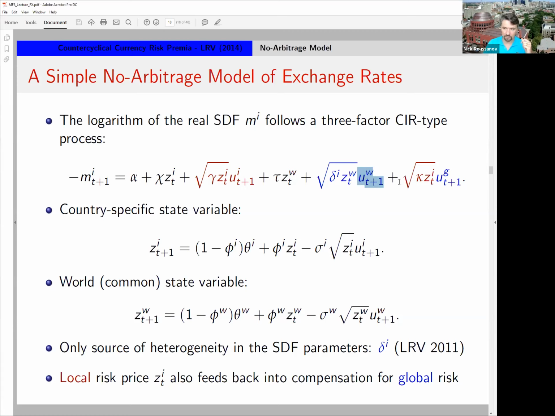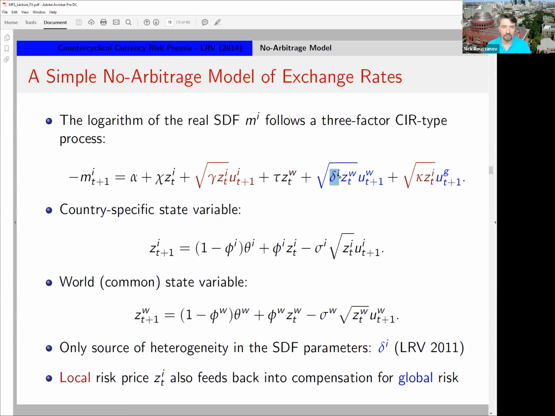But it turns out that not only do you need one global innovation, a global shock in the stochastic discount factor, but you need two global shocks. And in fact, we didn't really see that until we discovered this dollar carry trade, because in order to explain the high minus low carry trade, it was enough to have one global shock and heterogeneity in the exposures of different currencies to that global shock. So let me begin with that.